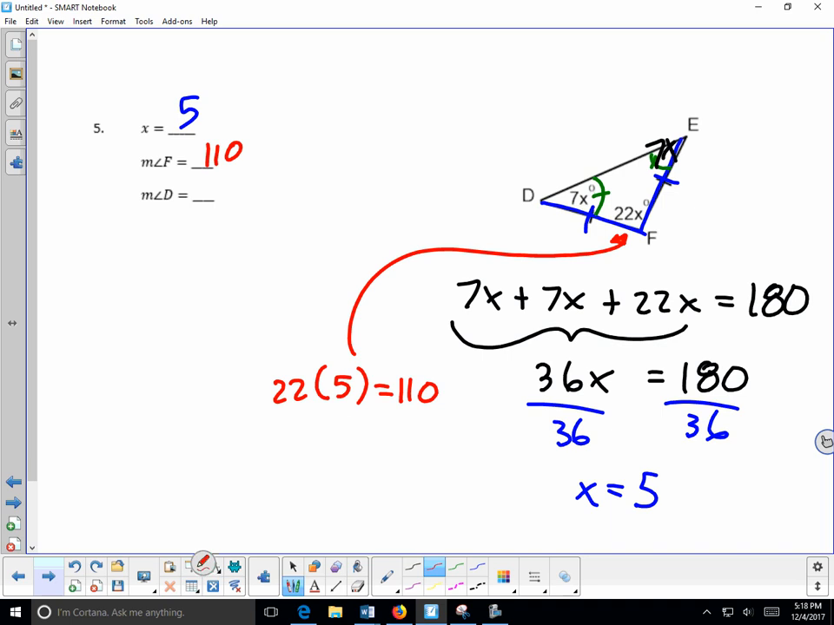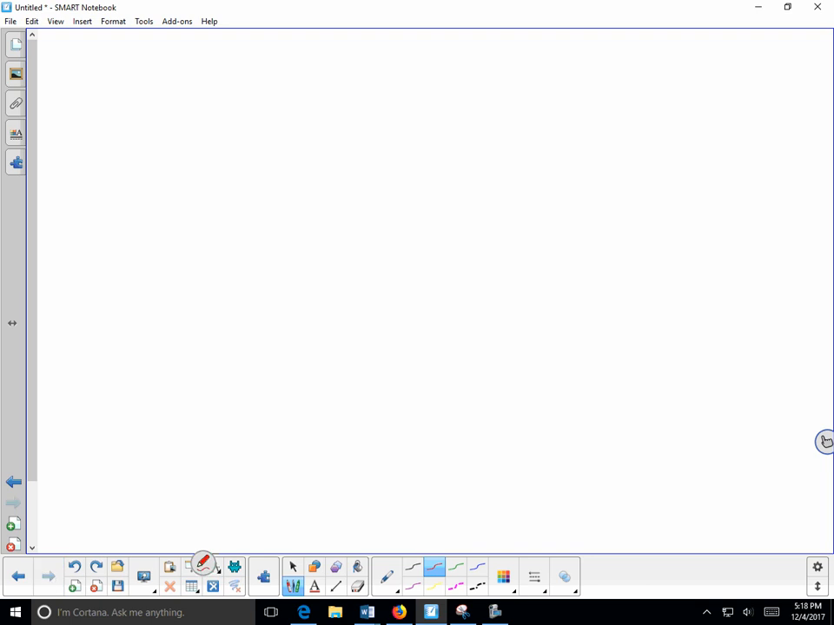And to find the measure of angle D, we're going to plug in 5 here. 7 times 5 is equal to 35. Again, since D and E are congruent, this angle measures 35 degrees, and this angle measures 35 degrees, and this angle here measures 110. Do those three add up to 180? You betcha. All right, so that concludes this video as we went over the problems from the 4.9 Quizlet A